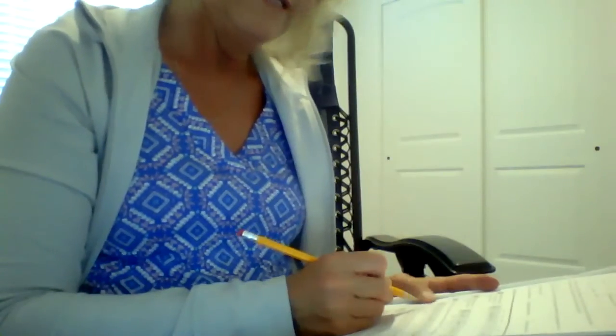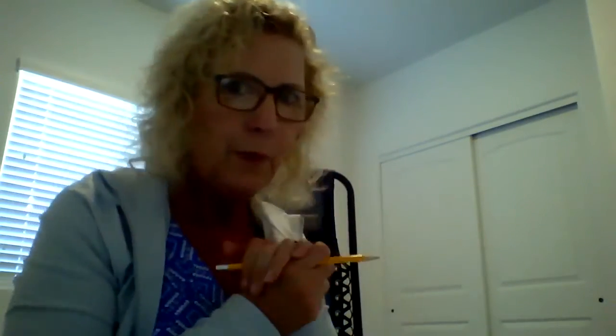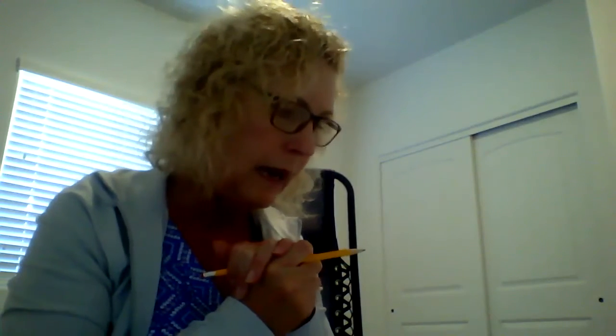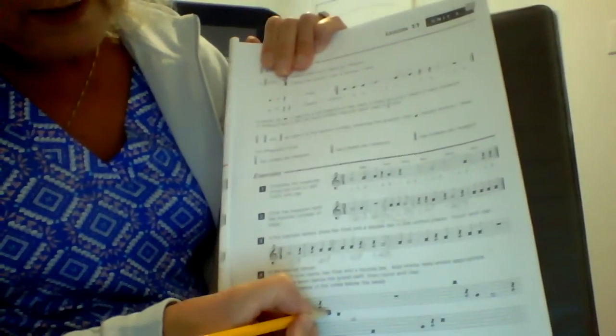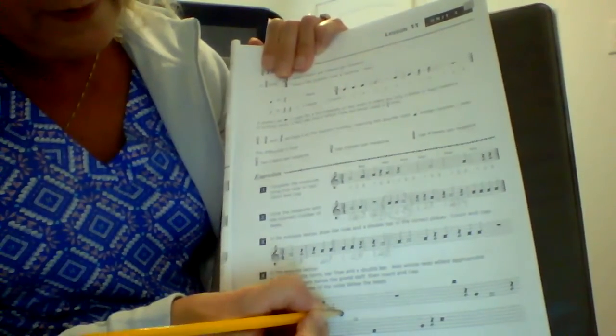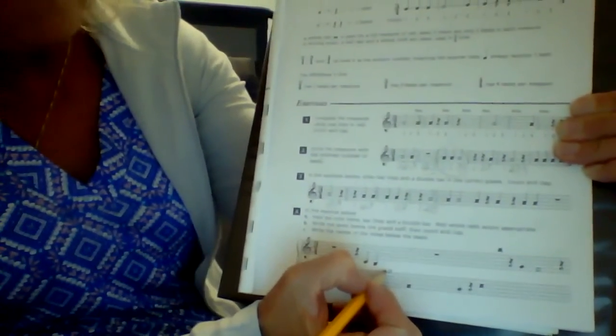On number 4, it says in the exercise below, add the note stems, the bar lines. So, remember what I said? One step at a time. Add the note stems. So I'm going to look at my notes. I've already done this. I remember that if a note is below the staff in treble clef, obviously my stems are going to go up on the right. If I have a note that's high on the staff, like in this case, this note's in the bass clef, but it's high, it's going up. So I'm going to put my